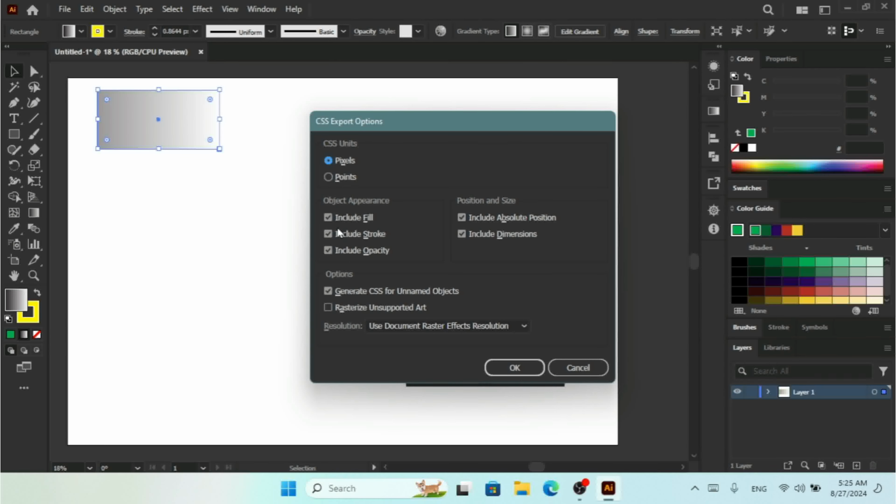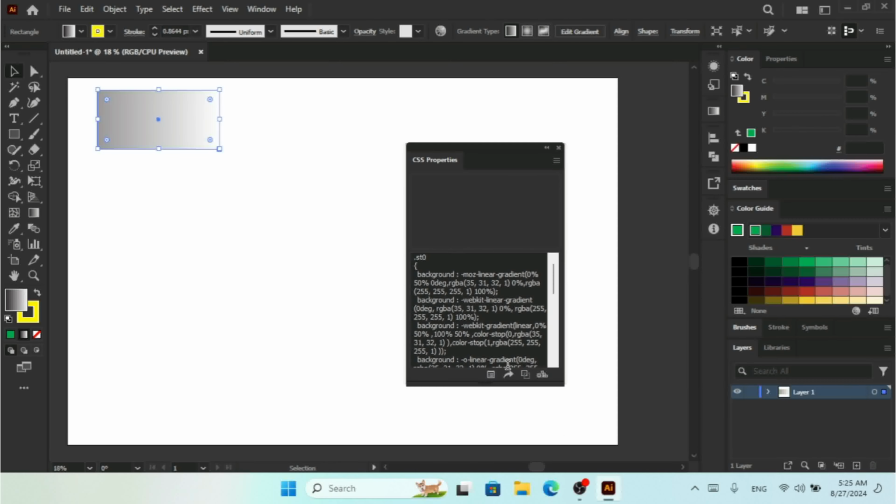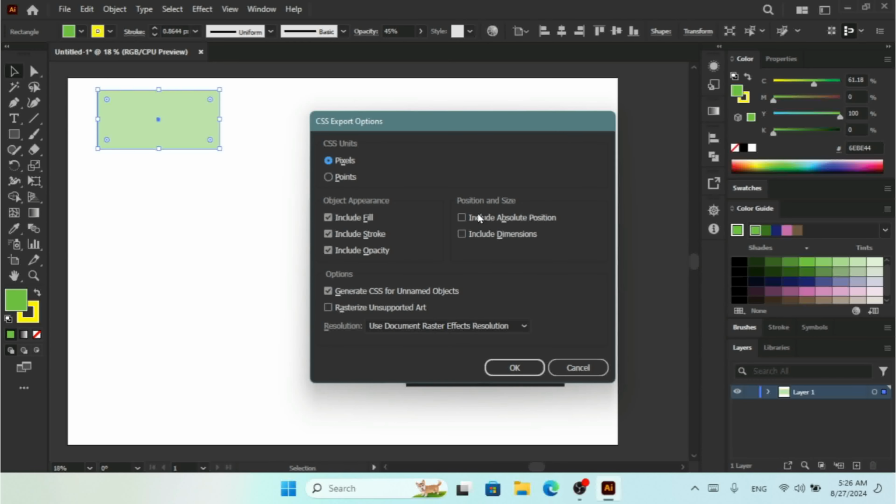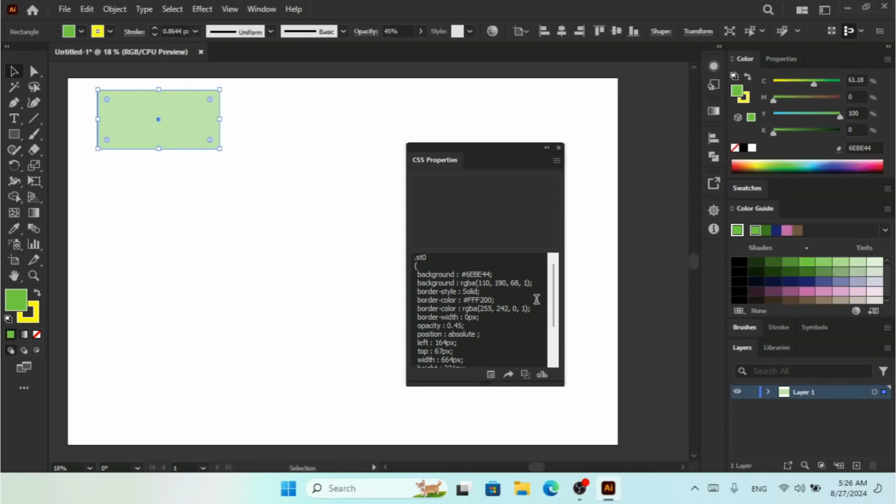If you don't want to include the fill, simple, you can uncheck it, and you can uncheck the stroke or opacity. Under position and size with this CSS code, if you don't want to include the absolute position, simple, you can uncheck this or the dimensions and click OK. As you can see there is no size available, but if I want to include the absolute position and dimensions, now as you can see we have this left, we have this top, and we have the